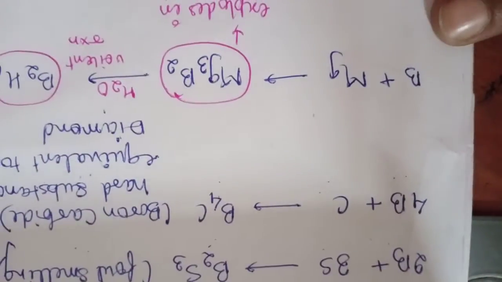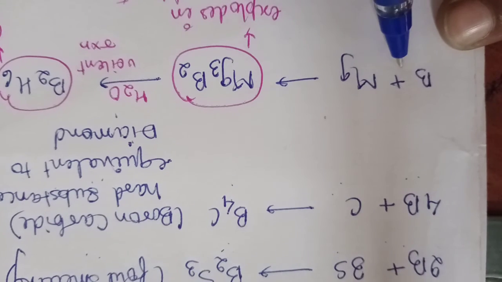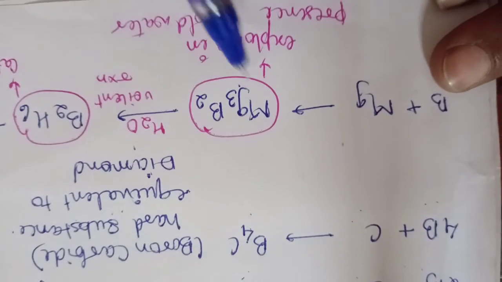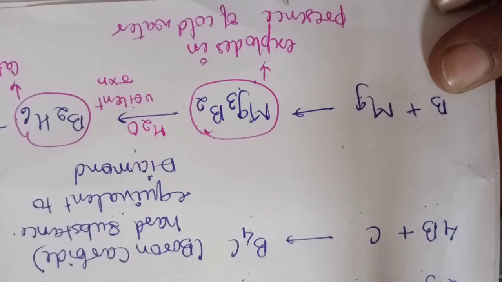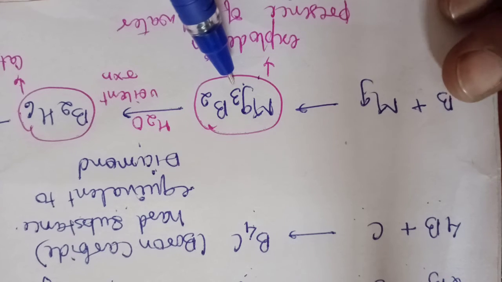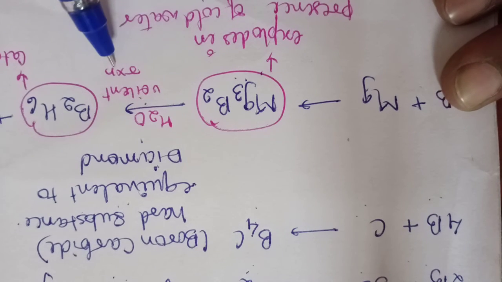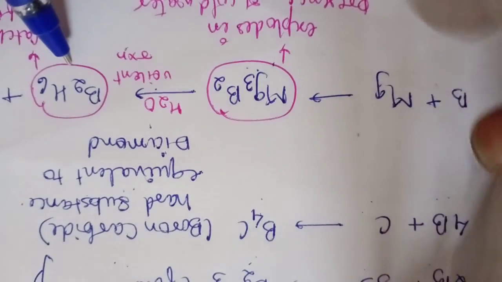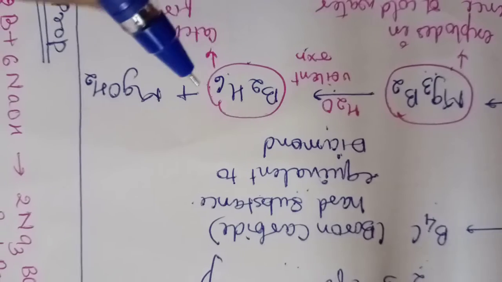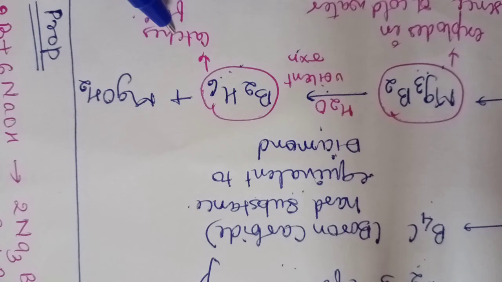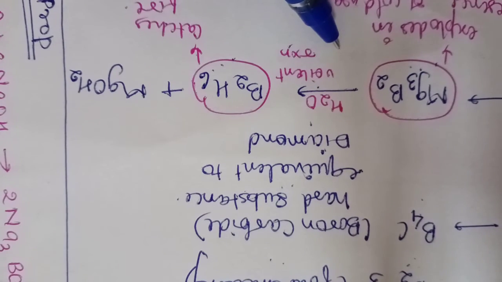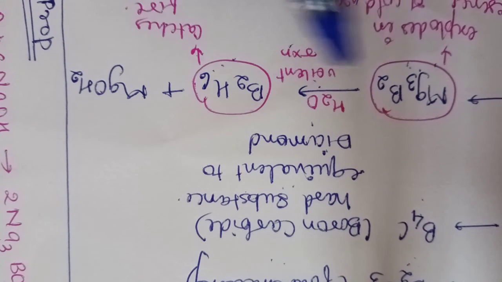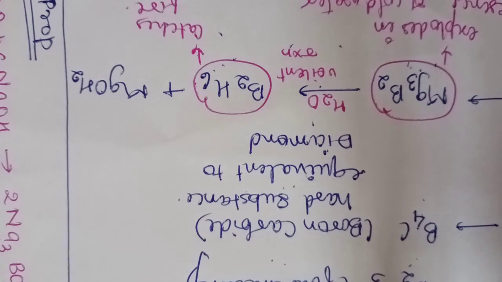Another property of boron is, when boron is treated with magnesium, an active metal, it gives magnesium boride. Now this compound explodes in the presence of cold water. That means when we treat magnesium boride with water, it gives a violent reaction and it prepares what? Diborane. Diborane is prepared here. Now this diborane which is prepared catches fire very easily because the reaction is violent. So here diborane which is formed using magnesium boride catches fire very easily.